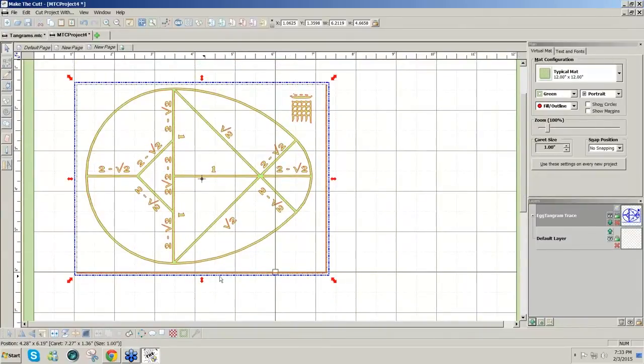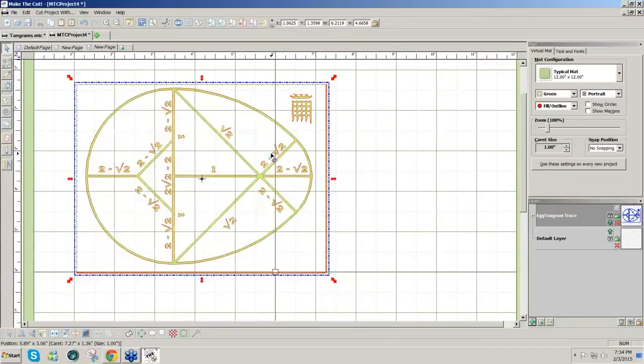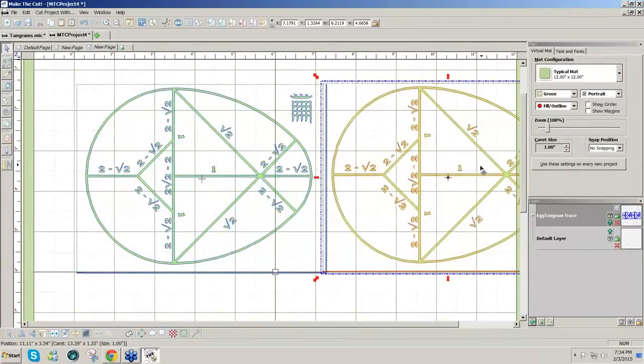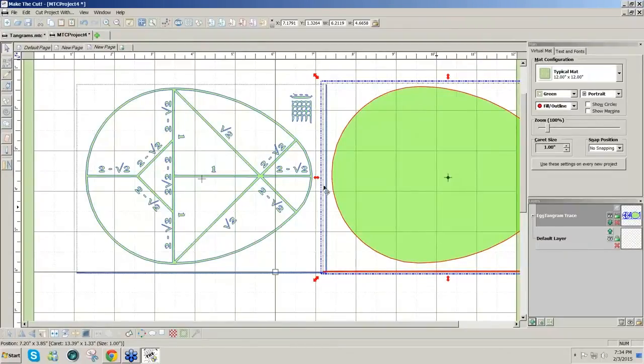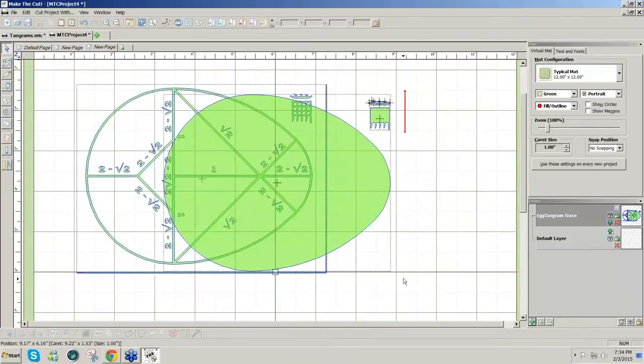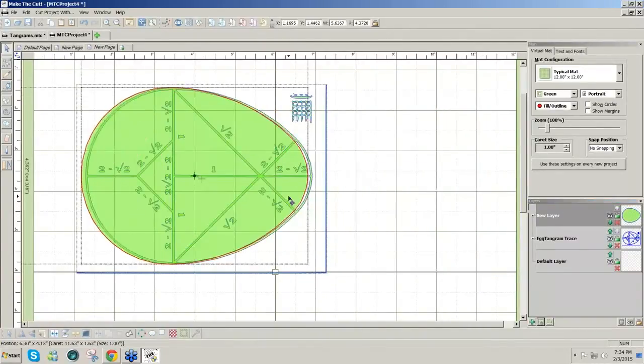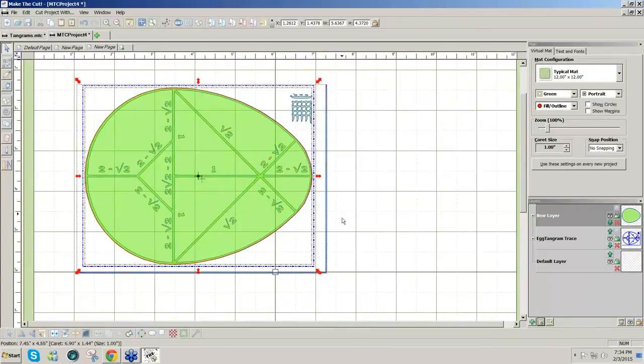and I really don't need the outside lines, but I could just click on blackout here. So I've got this shape, but I'm going to undo it first because I want a copy of it, and then I'll black it out. I can split this one to get rid of the extra pieces that I don't need. I don't need this, delete it, and I don't need this, I'll delete that. So this would be the piece that I want to divide,